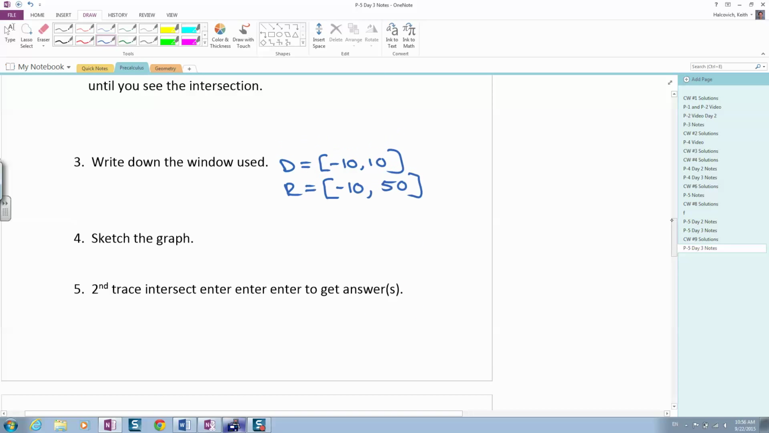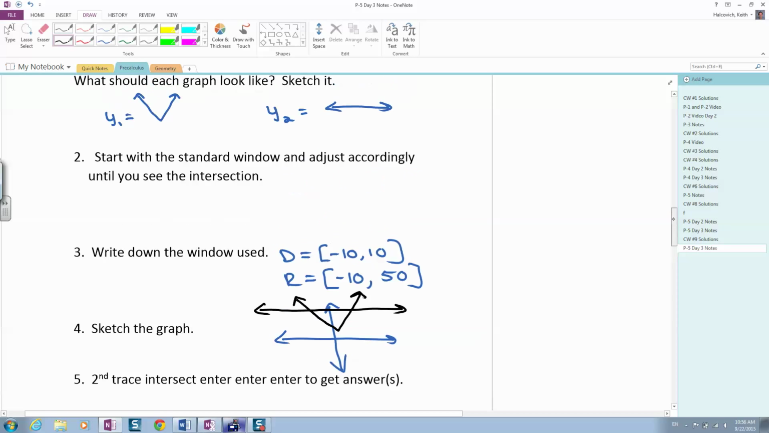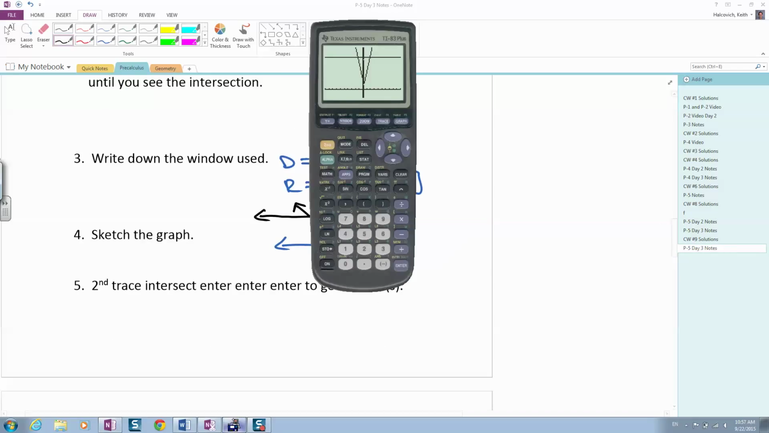Now sketch the graph that you got, just so you know what it looks like. So we know basically we got a V, and there's our straight line. So that's what our graph looks like, kind of like that. Now, in order to get the intersections, we're going to go second trace, intersect, enter, enter,